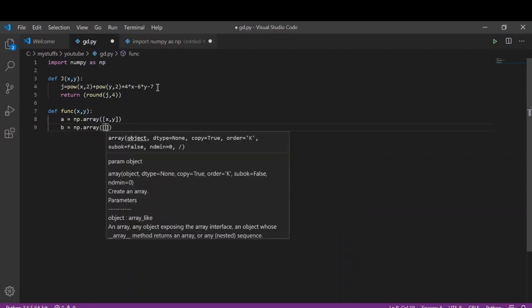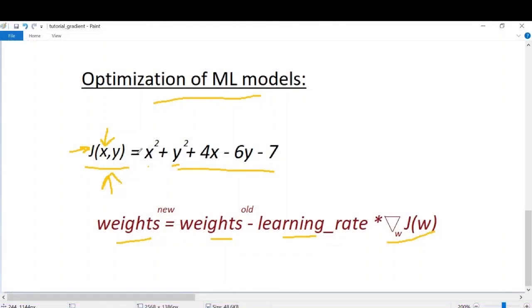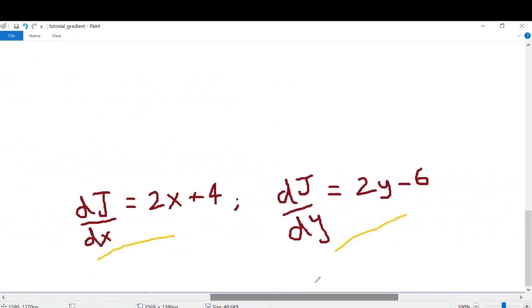So as I said, gradient is nothing but the concatenation of different partial derivatives. As loss function j has this equation, if we take the partial derivative of this function with respect to x and y, we'll get 2x plus 4 and 2y minus 6.